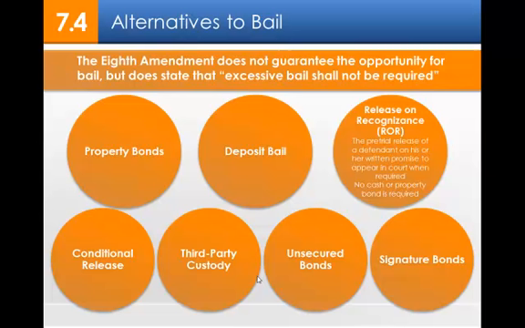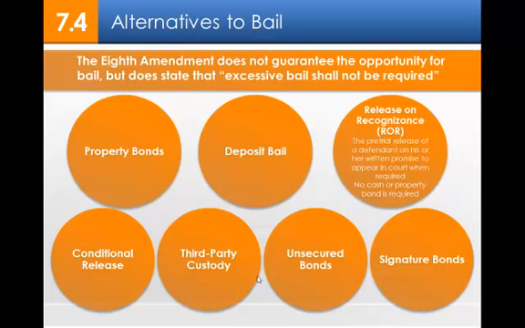The other one is ROR, release on recognizance, where you are released without posting any money or property, but most of the time you have to have lived in the community for a certain time period, have employment there, have family. They want to see ties to the community. And ROR has been really good about taking the expenses of bail away from people that are likely to show.